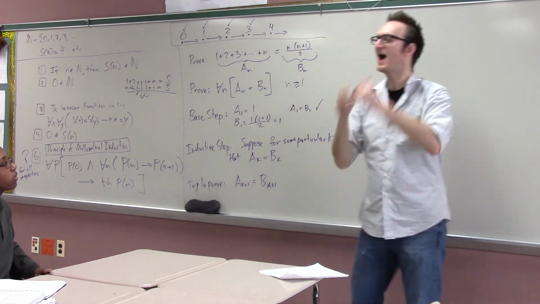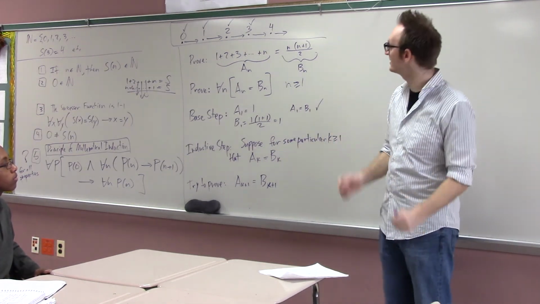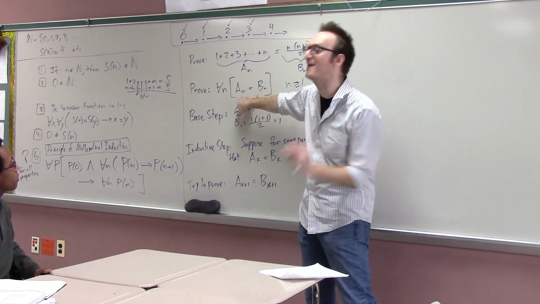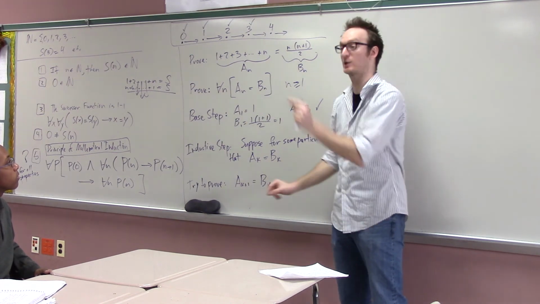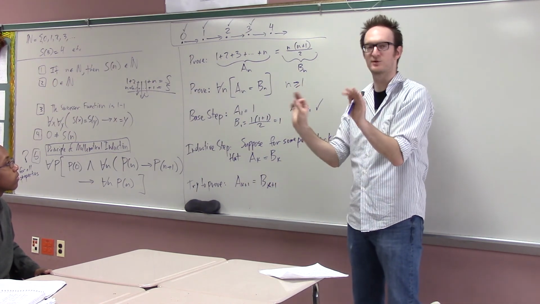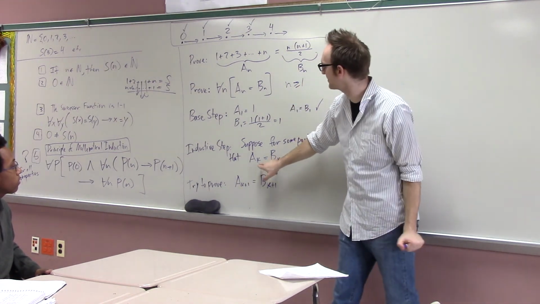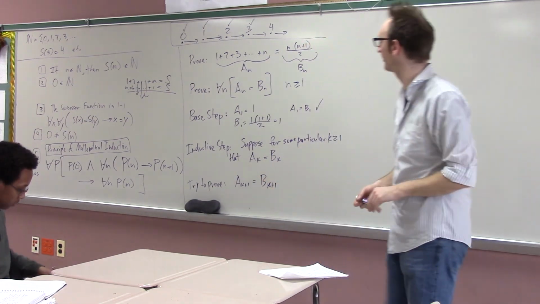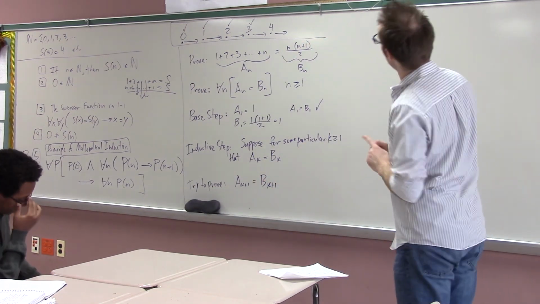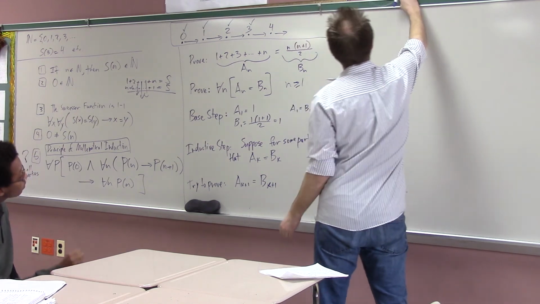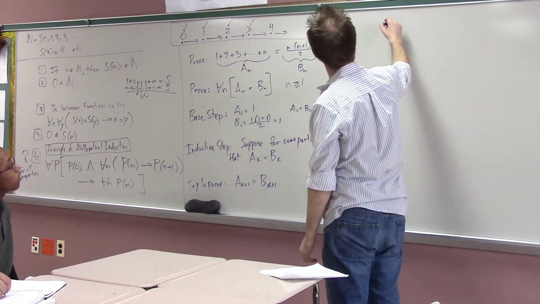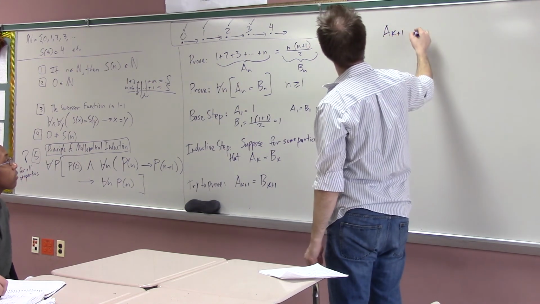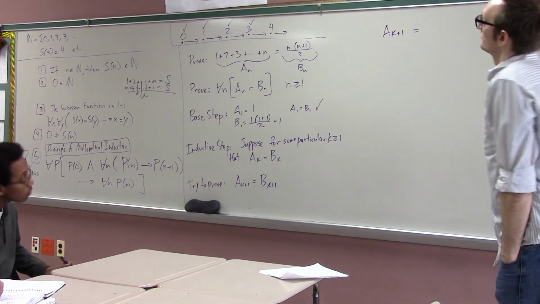Yeah, the actual theorem is that this statement is true for every single number. What I'm assuming is that it's just true for some particular number. That's a subtle distinction. I'm supposing it's true for some particular number, and then I'm going to show it's true for the next number. Okay, let's just do it, because it's actually not that hard. So how do I prove that a sub k plus 1 equals b sub k plus 1? Well, it's like some kind of trig identity or something, right? Start with a sub k plus 1. What is a sub k plus 1? 2k plus 1.